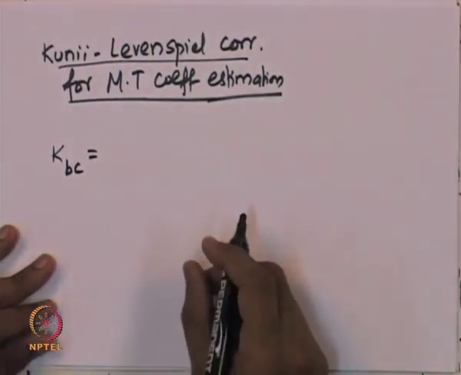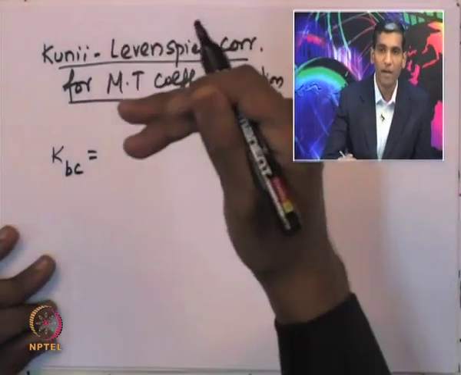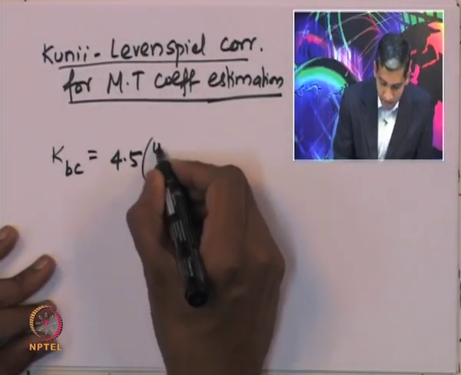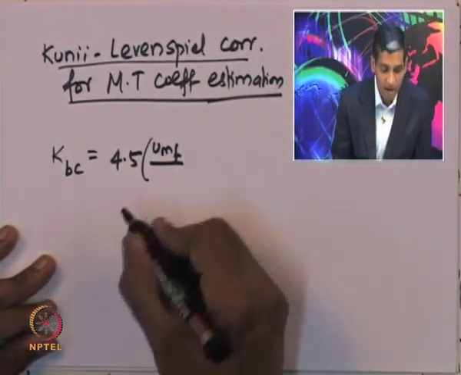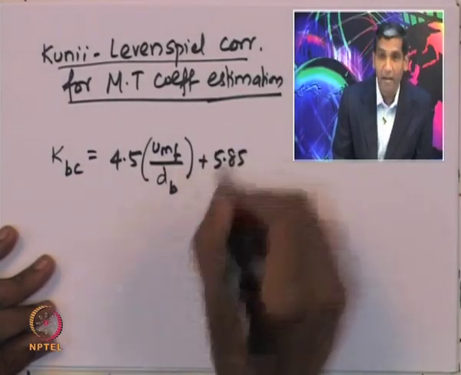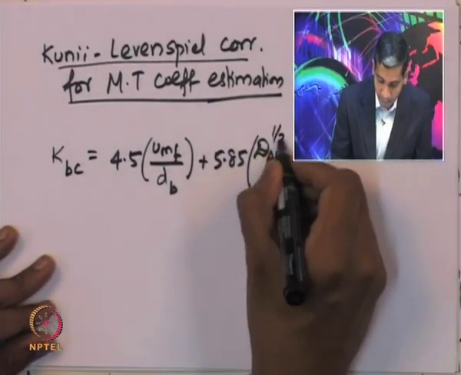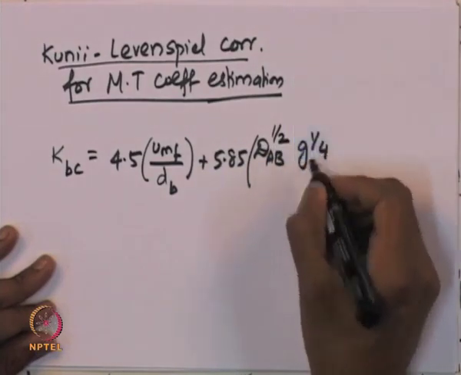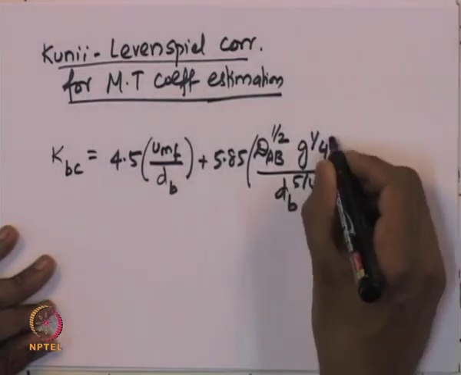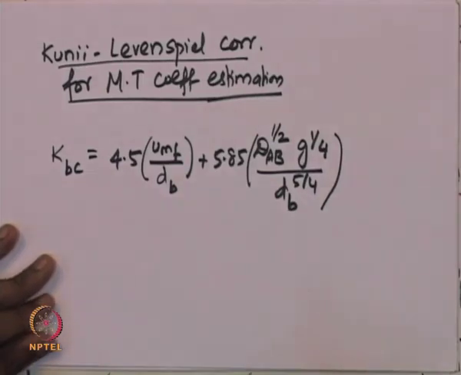is the mass transport coefficient for the reactant species to go from the bubble phase into the cloud phase, and that is given by 4.5 multiplied by the minimum fluidization velocity UMF divided by the diameter of the bubble, plus 5.85 into the diffusivity DAB to the power of 1 by 2 into gravity to the power of 1 by 4 divided by the diameter of the bubble to the power of 5 by 4. So, that is the correlation which provides an estimate of the mass transport coefficient between the bubble phase